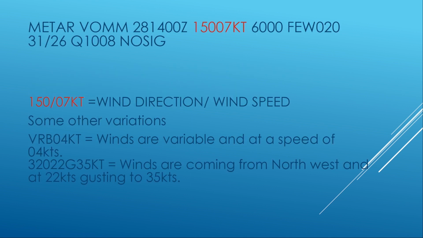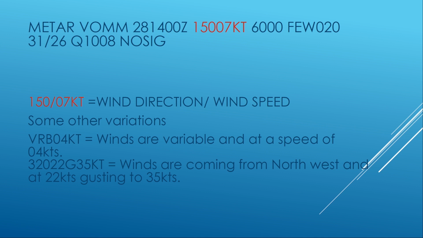The next piece of information is the wind information. The first three digits are the wind direction in degrees true. It basically denotes where the wind is coming from. A lot of people have confusion regarding the wind direction. The winds reported are always winds blowing from the given direction and not to the given direction. For example, if winds are 090 degrees, it means that winds are coming from the east. If winds are reported as 180 degrees, the wind is blowing from the south and not towards the south, and so on and so forth.